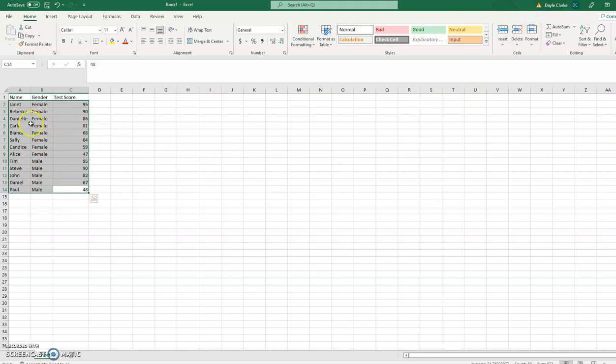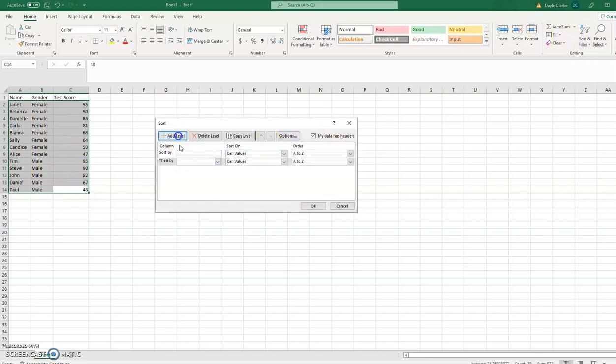But now it's just put the data in any order within that, like I've got all the females first and then all the males, but we can actually sort this to give us a little bit more detail. If I go Custom Sort, I can add a level. So I can add in a level here where it's going to be firstly based on gender, and then after that, it's going to be based on test scores, and I can choose either largest to smallest or smallest